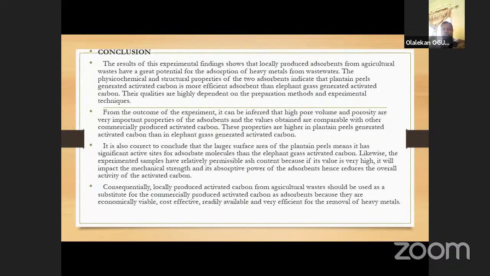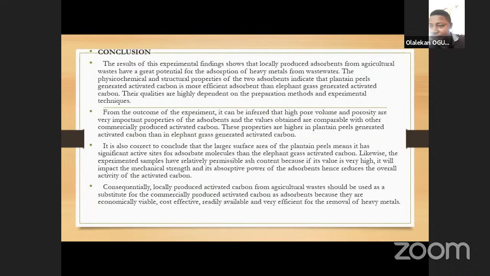Those are the two major points from this, because you can see that the method employed during their preparation, that's from the pretreatment, and the experimental techniques determine the performance of this activated carbon when used as absorbents for treatment of